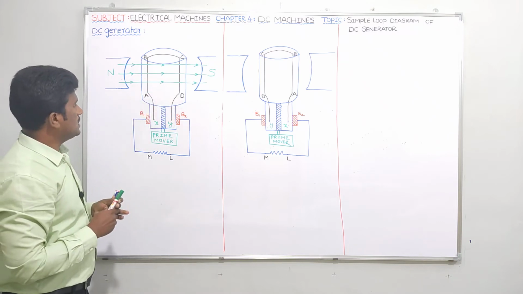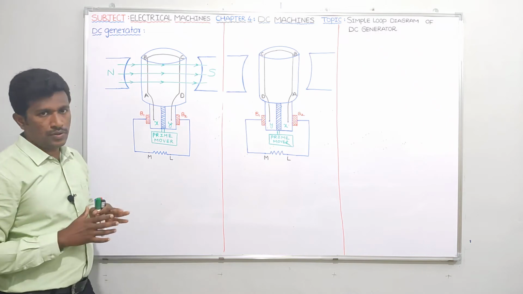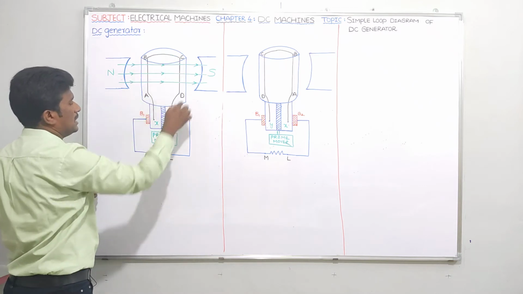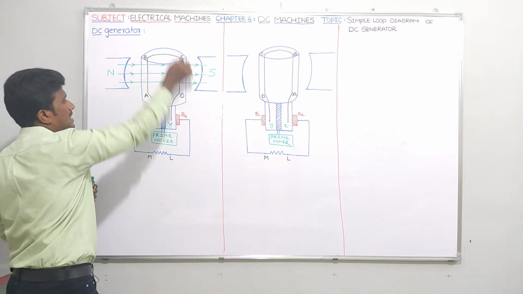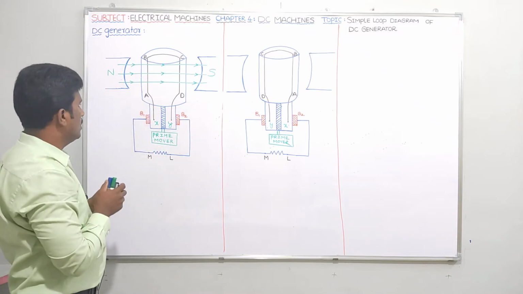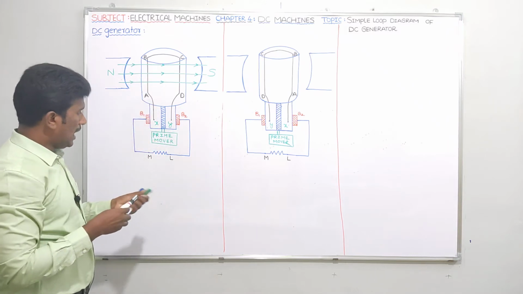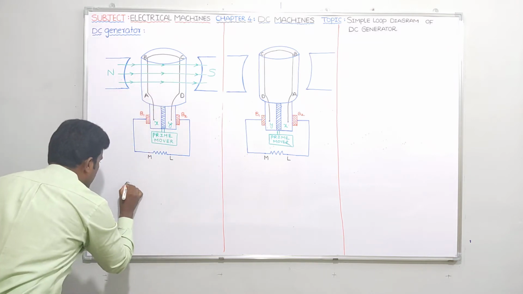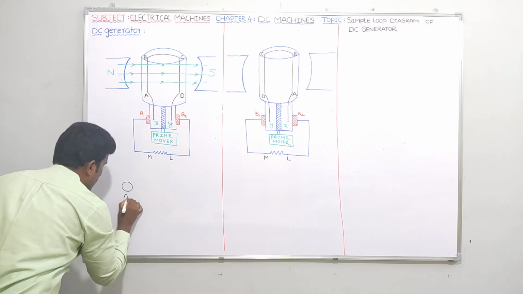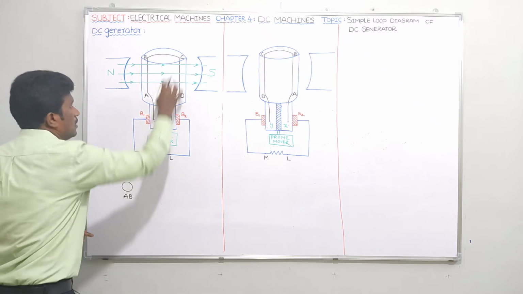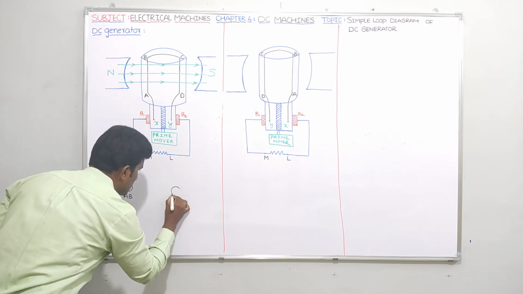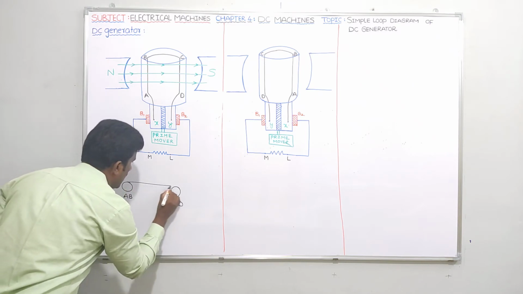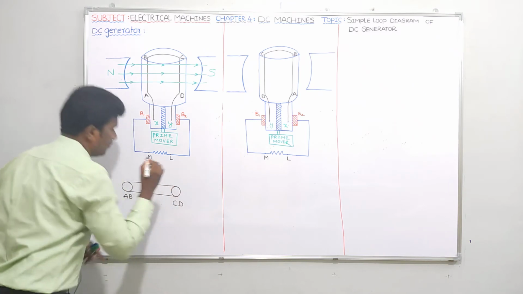So see guys, before that I need to ask one simple question to you. Suppose here AB is a conductor, CD is a conductor, it's nothing but this ABCD is a coil. For your understanding purpose, I will show the AB conductor like this. Now the CD conductor I will show once again like this. Is it clear? And ABCD is a coil, which we already know.